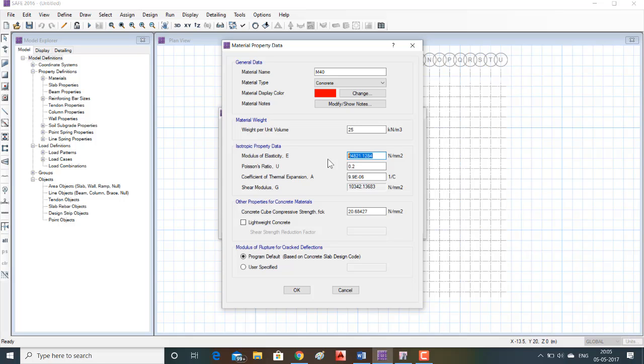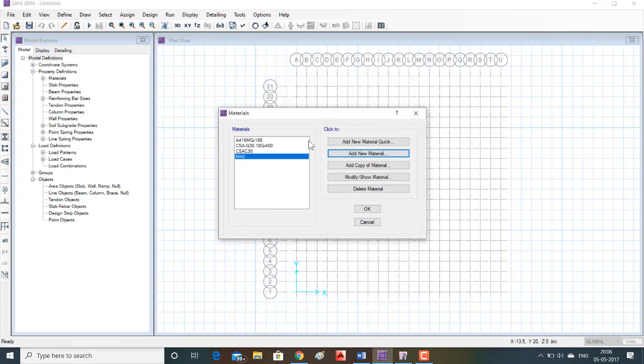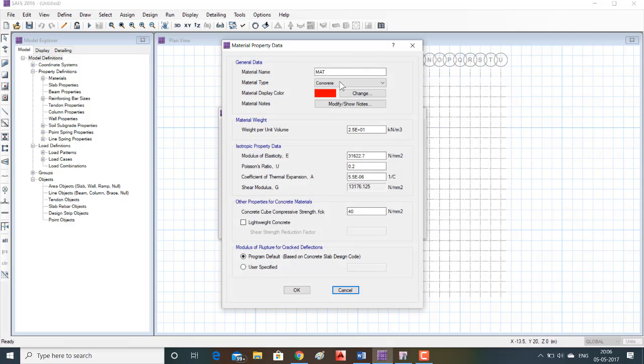Modulus of elasticity is 316 to 2.7. Coefficient of thermal expansion is 0.5 times 10 power minus 5. Concrete cube of M40 grade. Click on OK. Next, add rebars.